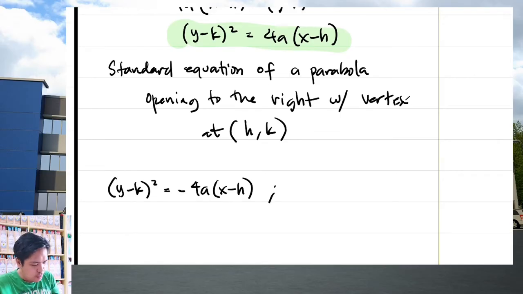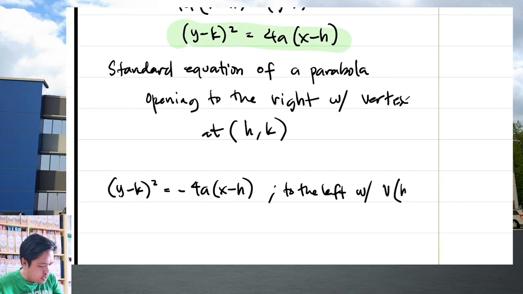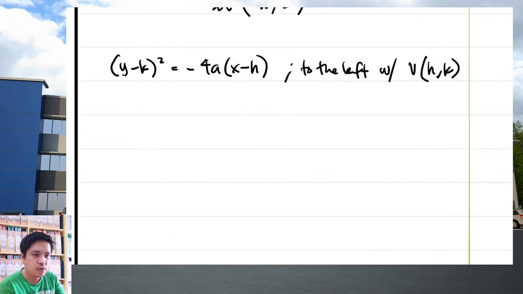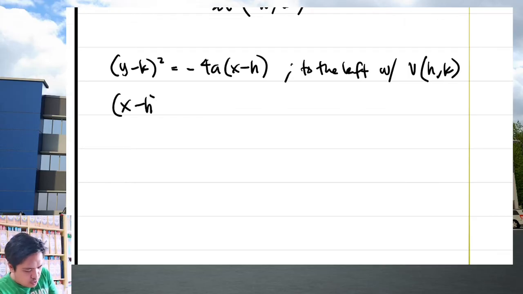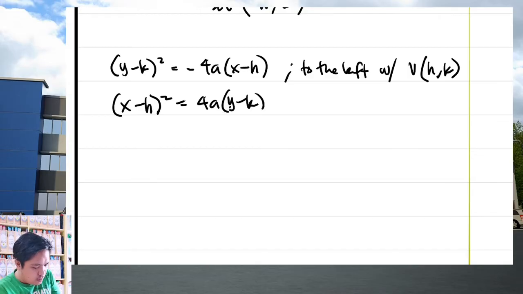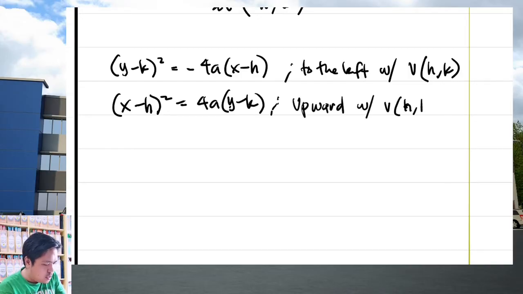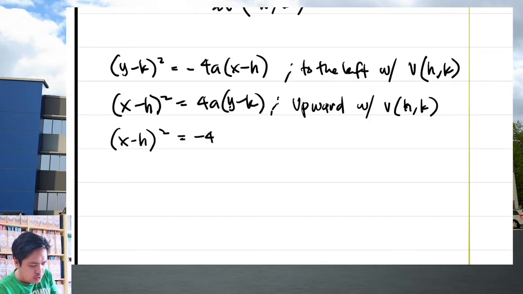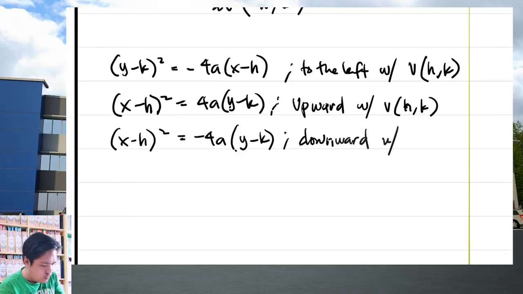So this is a parabola, to the left, vertex at hk. For parabolas opening upward, that would be x minus h squared equal to 4a times y minus k. This is what we can derive. So this is upward with vertex at hk still. And if we have x minus h squared equal to negative 4a times y minus k, that would be downward with